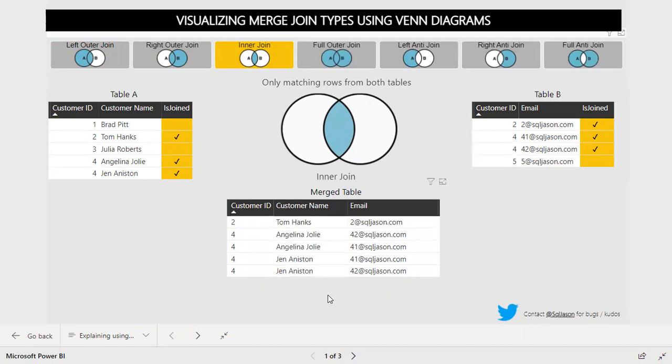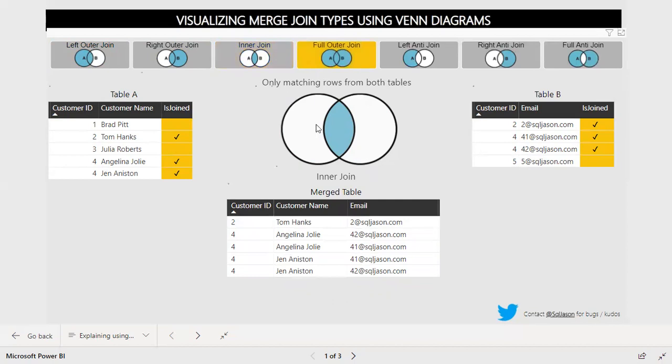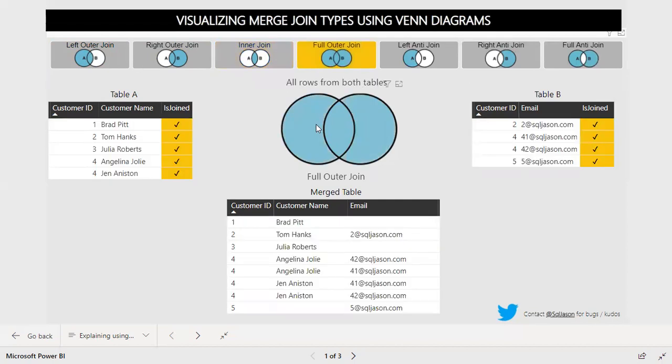Very simple. And then coming to full outer join. Full outer join is nothing but all the rows from the left side and all the rows from the right side, so no one will be left. I'll get 1, 2, 3, 4, and then 5 from here. So 1, 2, 3, and then 4 is 2 times over here and 2 times over here, so we'll get 4 times. And I do have 5 on the right side, so I'll get that one.